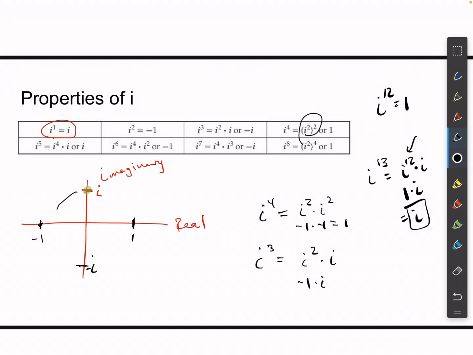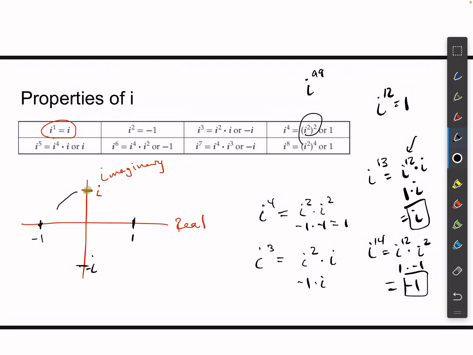So i to the 13th simplifies to i. And then you'll notice things like, well, if we did i to the 14th, that's equal to i to the 12th, that's 1, times i squared. Well, we know that i squared is equal to -1. So this is like 1 times -1, which is equal to -1. So i to the 14th power is equal to -1. Okay, so those are some properties of i. If I said i to the 99th on a test,